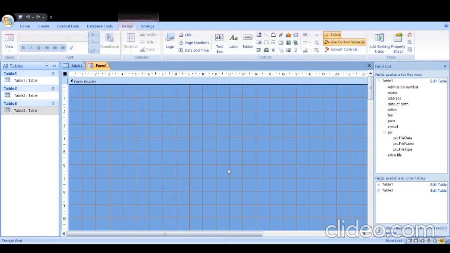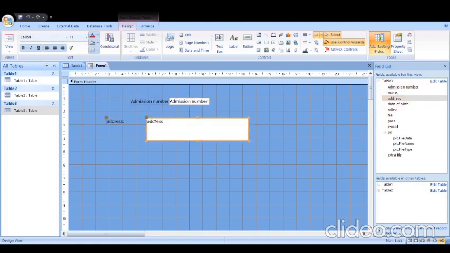You can see this will create the form. This is the form design which is created. I want to keep the admission number here. I want to keep the address here. I want to keep the date of birth here. I want to keep the email address.